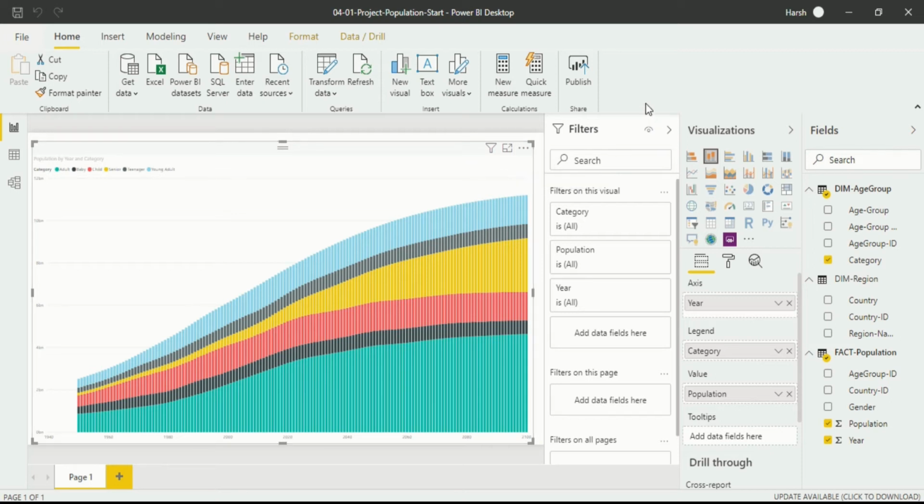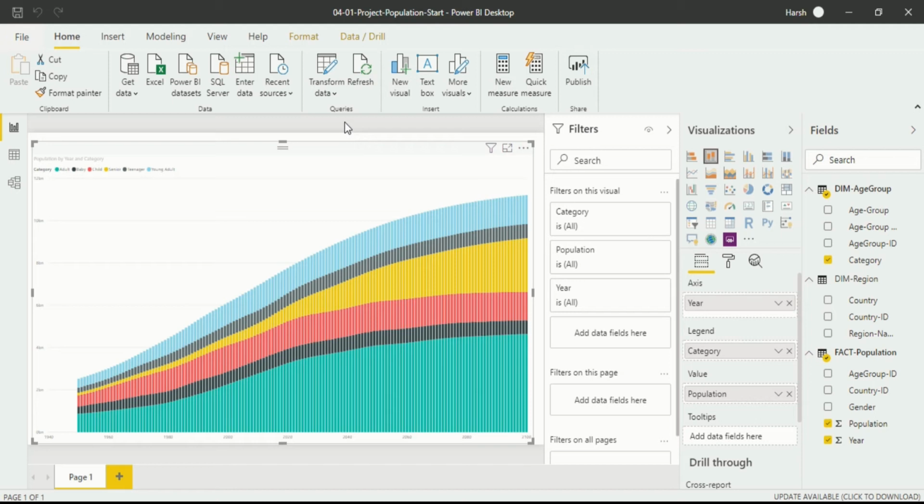As I've told you in my previous videos, you can go there and see what the actual difference is between M and DAX language. There I have told that M language is available in Power Query Editor and DAX is used in the data model interface. So we are currently in the data model interface. First of all, I will tell you about M language. For that we have to go into the Power Query Editor.